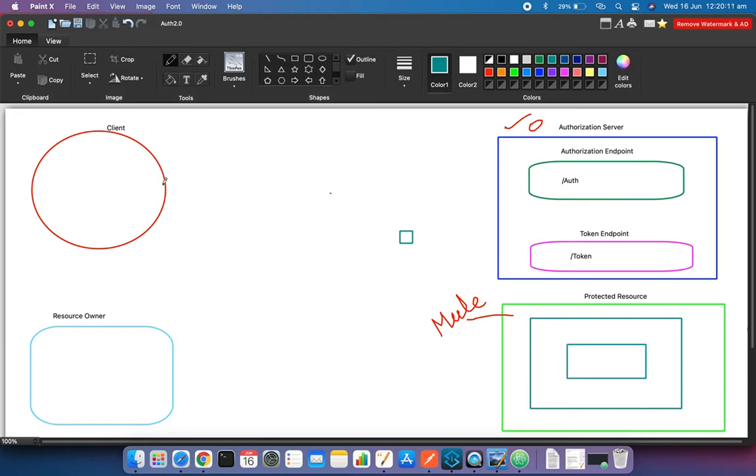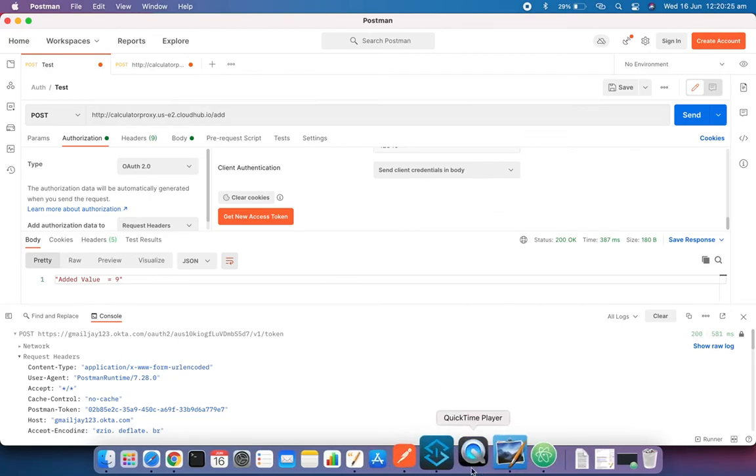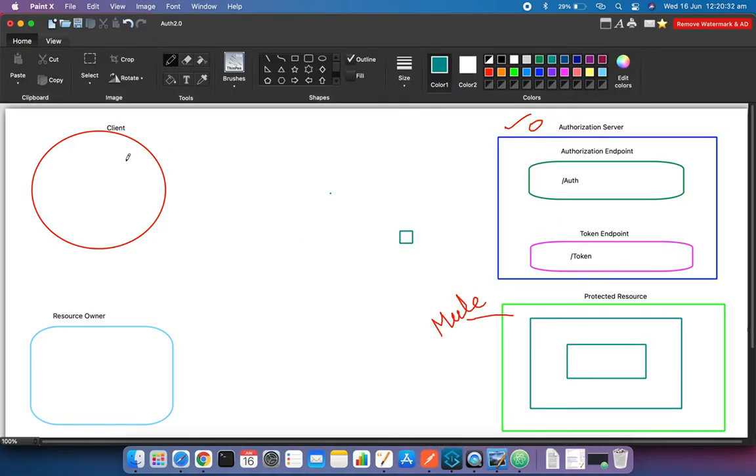Okay, so as we have discussed, right, when I click on this, get access token. Okay, what happens when I click on this get access token? Your client sends a request, right, which means your Postman sends a request to the auth endpoint, right, and that